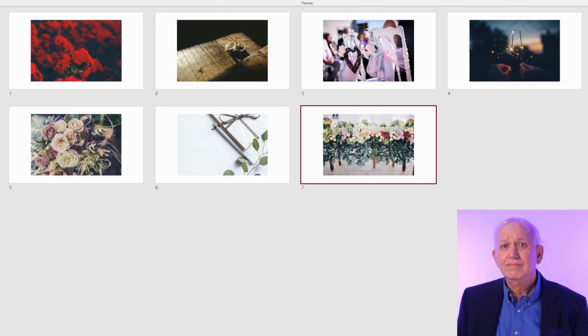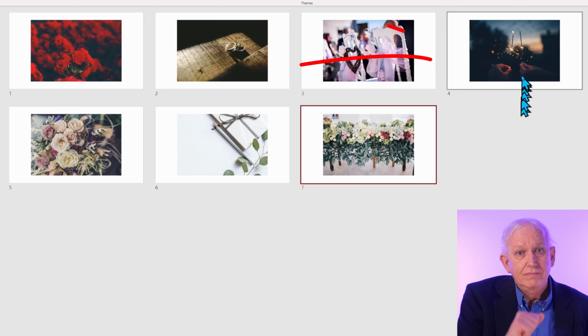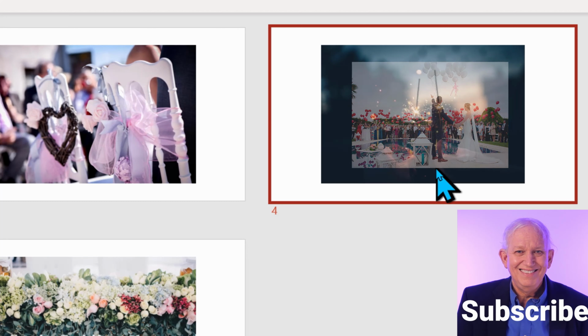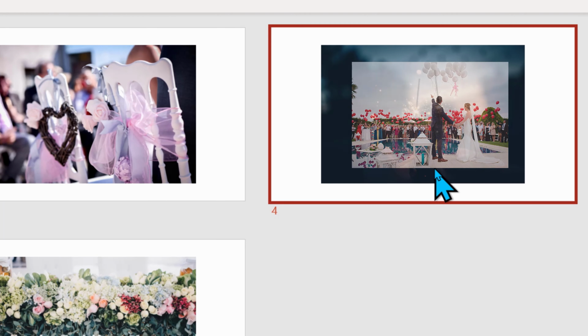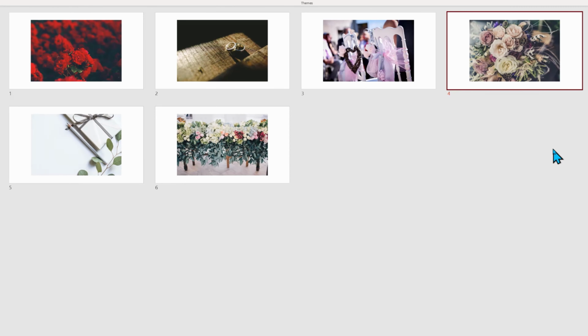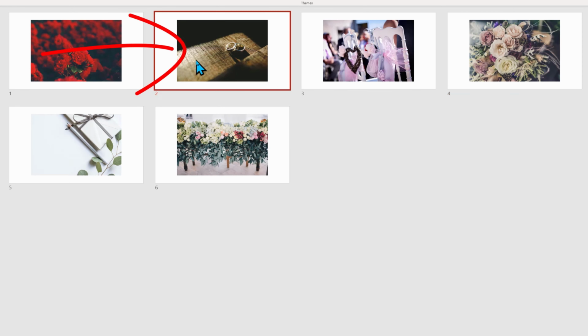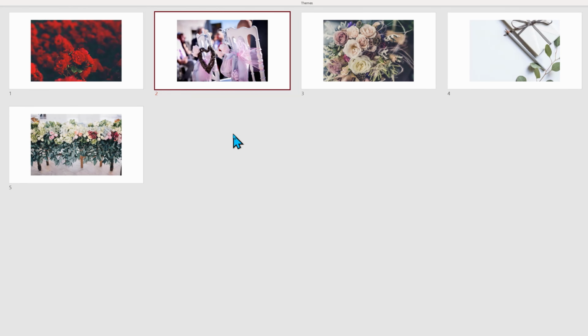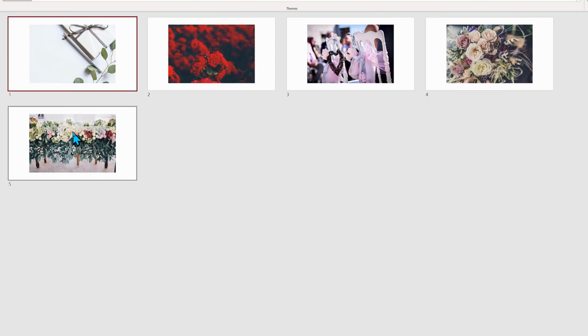The festive sparklers had seemed to have possibilities, but if I have a photo covering up the middle, then the picture loses its meaning. So, goodbye. I like that the two rings seem to set a mood, but will not my audience become confused if these rings don't match our wedding couple? So long. And that leaves us with our 5 finalists, which I'm going to reorder for our training purposes that we'll see in a few moments.